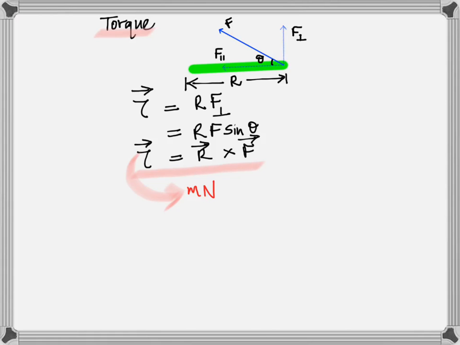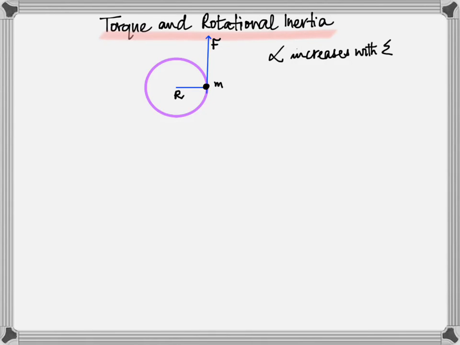And torque can be written as r cross F. Do you know that a cross product gives you another vector? Have you done cross product? The cross product of two vectors will give you a third vector. And did you also know that the direction of whatever the cross product is will be perpendicular to the plane containing the other two? The same thing that I was talking about. There is a force applied at a distance r, and you know that the torque is